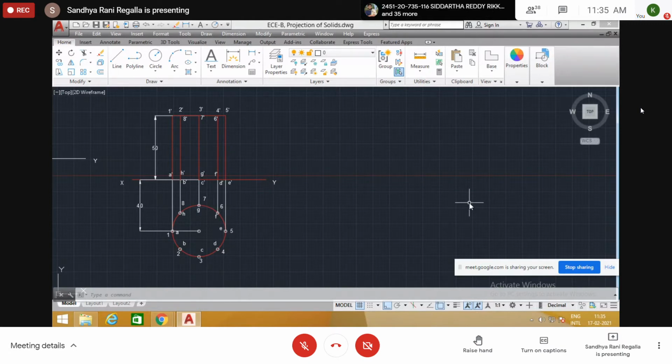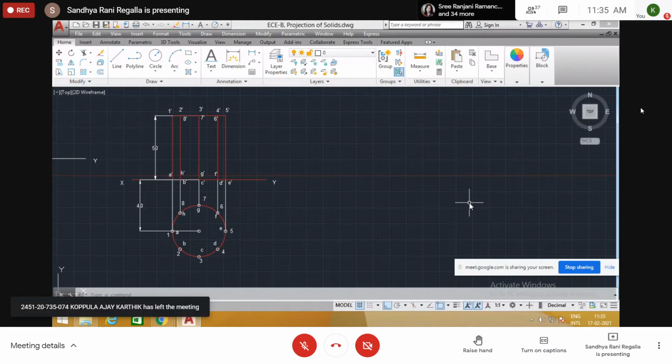So it's a triangular prism. Base is the triangle. Lies on one of its rectangular faces in HP means it is in a sleeping position, not in the standing position. It is in sleeping mode, with its axis parallel to VP.